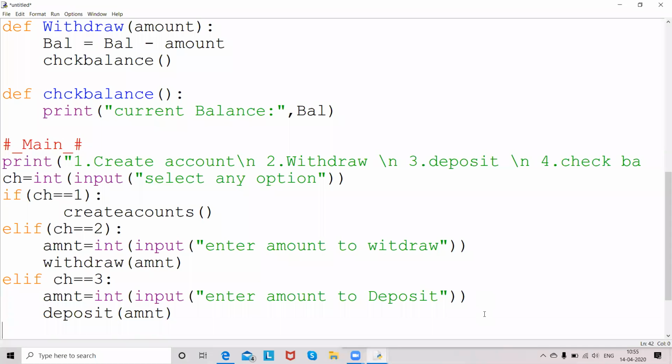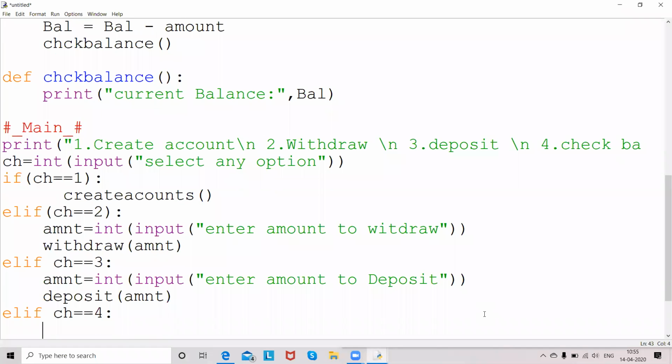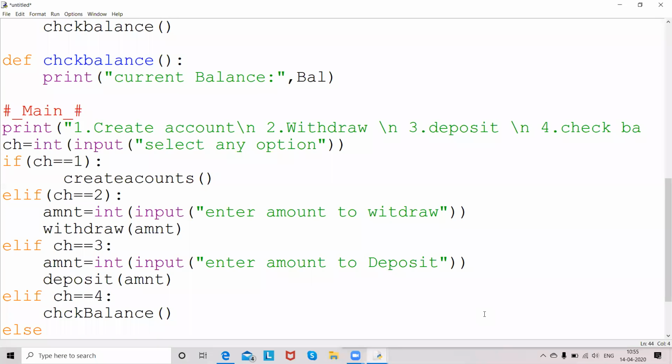If a user takes the fifth option or the fourth option, this is for check balance, so I should simply call the check balance function. Fine. If a user enters any choice other than these, I must raise an error.